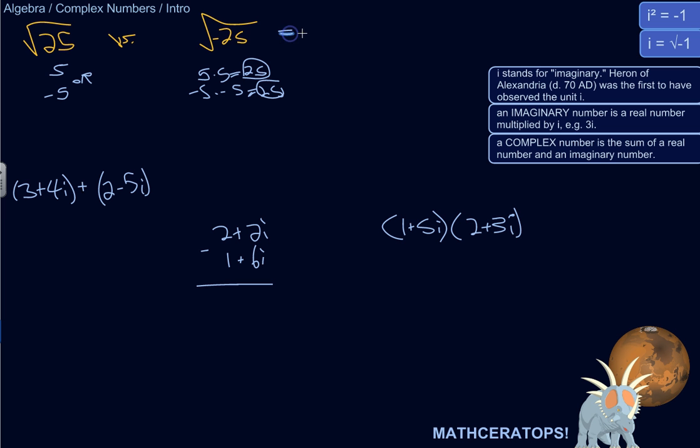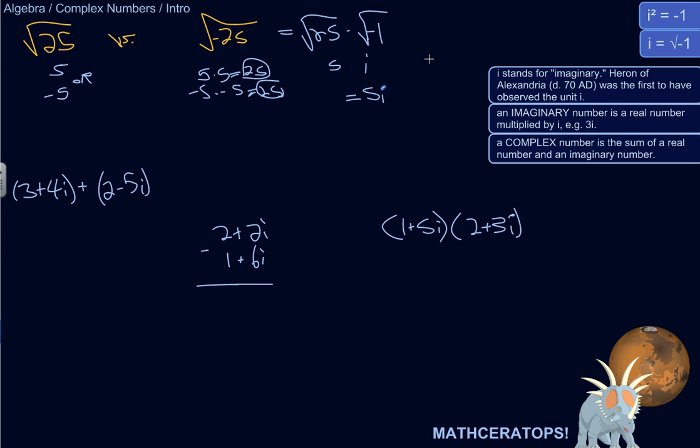So we go like this: the square root of negative 25, we could say, is equivalent to the square root of 25 times the square root of negative 1, right? So 25 times negative 1 is negative 25. The square root of 25 is 5 or negative 5. We'll go with the principal root. And then the square root of negative 1 is i. So this is altogether 5i. i stands for imaginary,